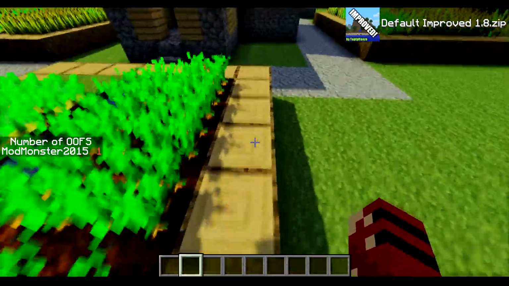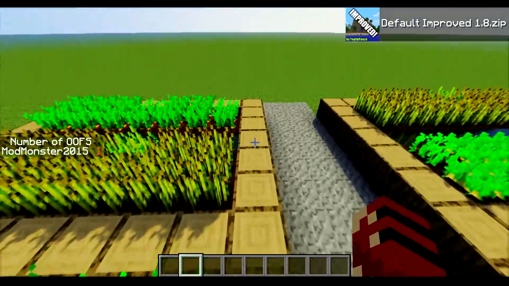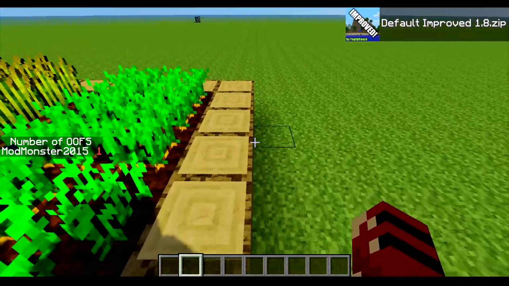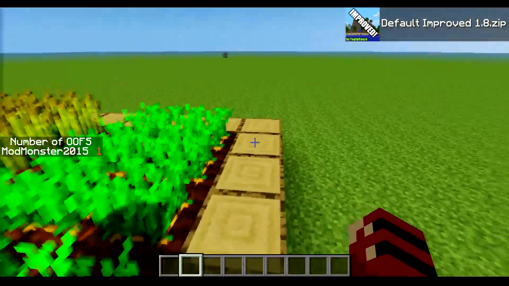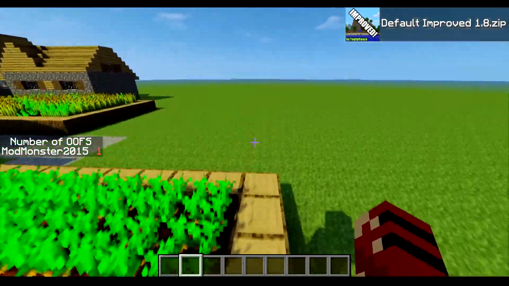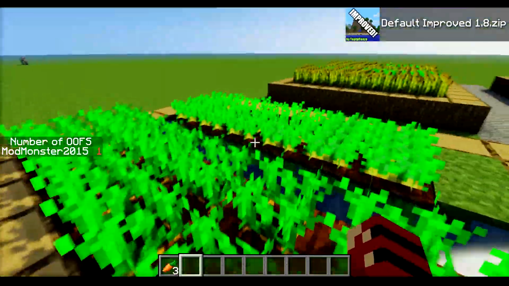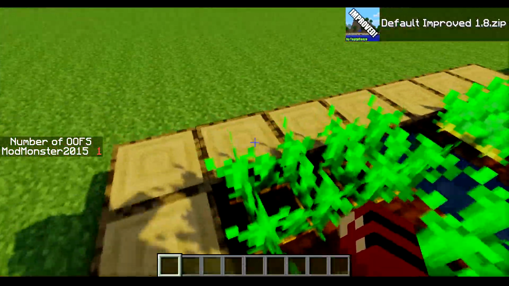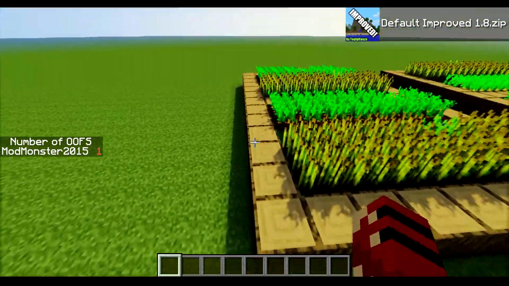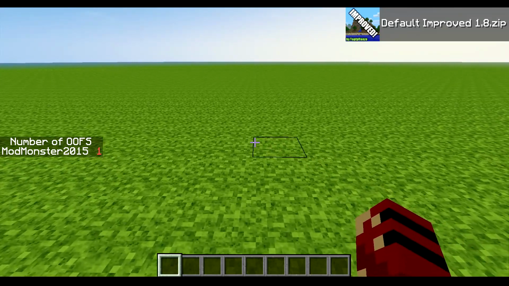Now you might want to do this because you just want it somewhere else for some reason, or if you have an HUD mod that is covering up the right side of your screen that for some reason you can't move, or if you have some reason that you want an HUD element over there and you just want to move the sidebar. It is a really cool mod and it's really small.